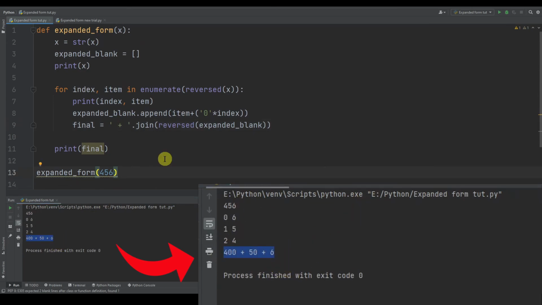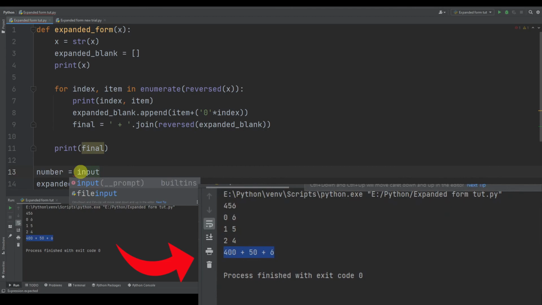The underlying logic is already explained. Now we just want to add one simple line to take an input from the user and then feed it to this function. Okay, so what we are going to do is number equals input. I'll just add enter the number dash.